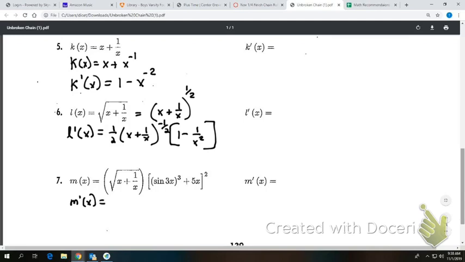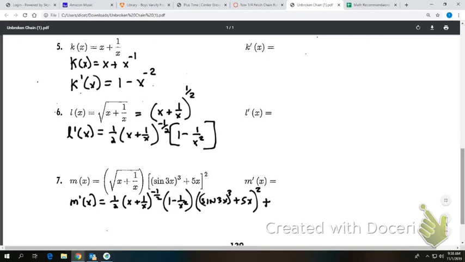So m prime of x equals, okay, the derivative of the first term, which is this guy. Everybody agree with that? So I'm going to write 1/2 times the quantity of x plus 1 over x raised to a negative 1/2 times 1 minus 1 over x squared, times the second guy, which is all that, sine of 3x cubed plus 5x raised to the second, plus